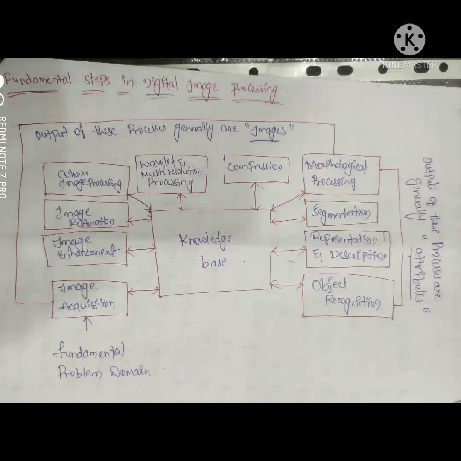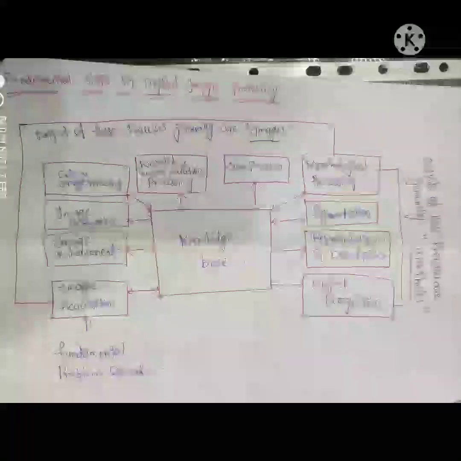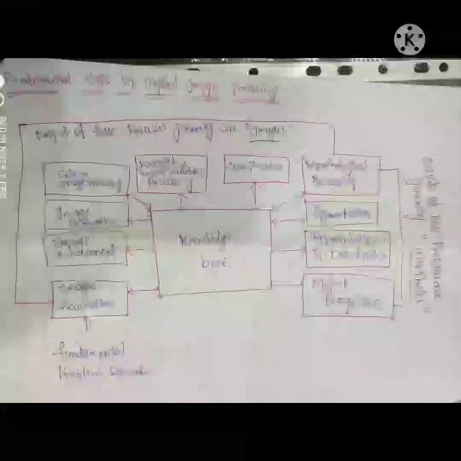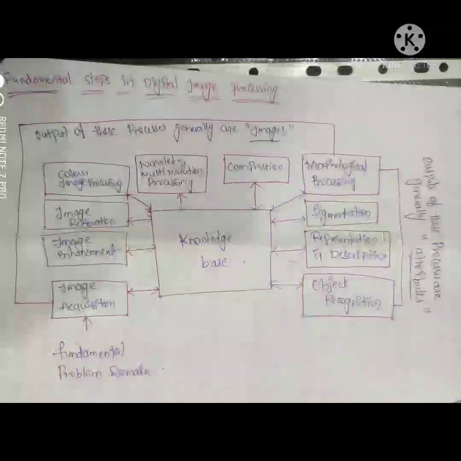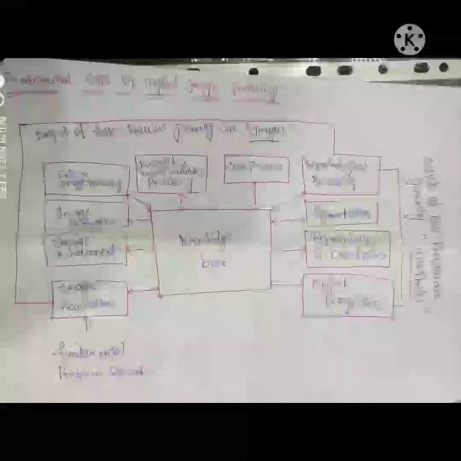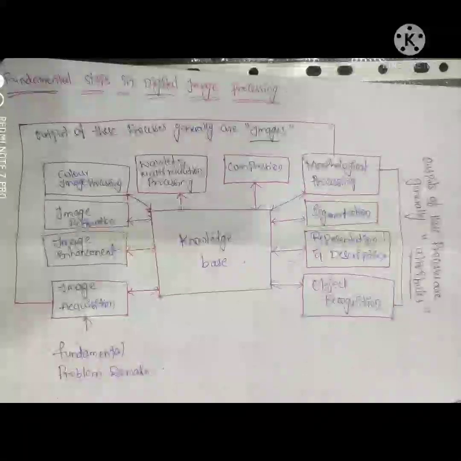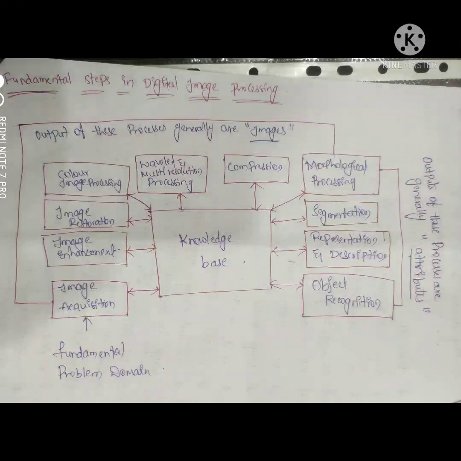The image which is acquired is completely unprocessed. That is, what we first collected is completely unprocessed. Hence, in image acquisition, pre-processing is done by using methods like scaling. Here, image acquisition is used to retrieve an image or to collect an image from a source. Generally, collection of the image is done by using hardware. That hardware is called a sensor here.